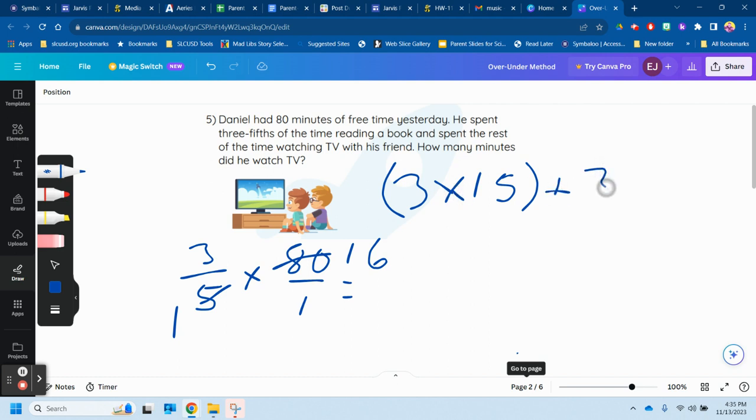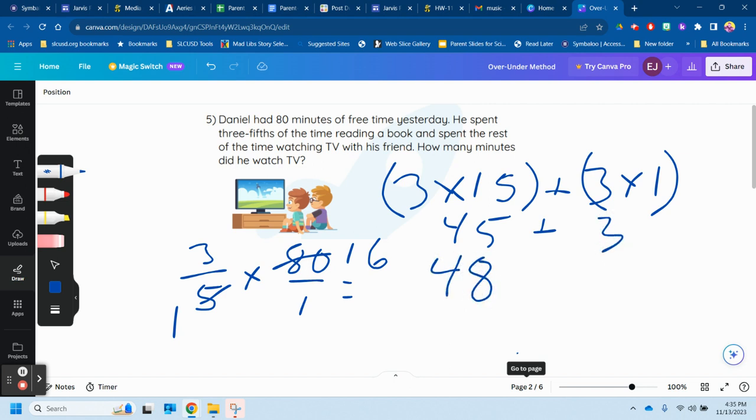Plus 3 times 1. And for me, that's easier. So I'm going to get 45 plus 3. So I'm going to get 48 ones. He spent 48 minutes of his time